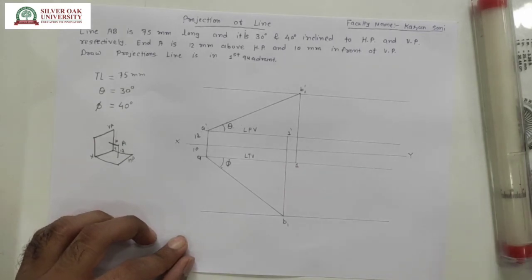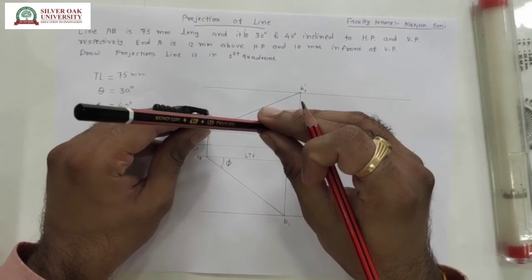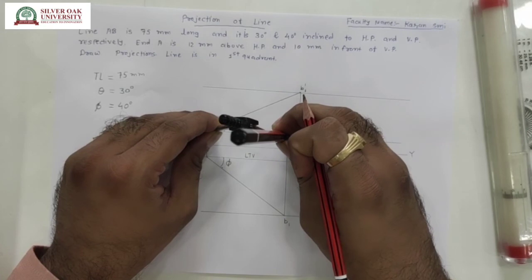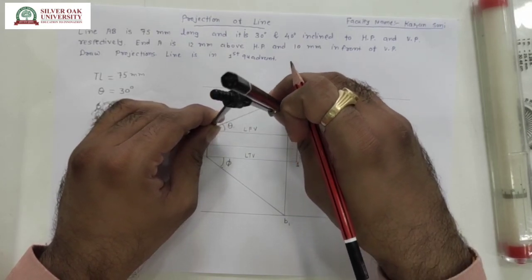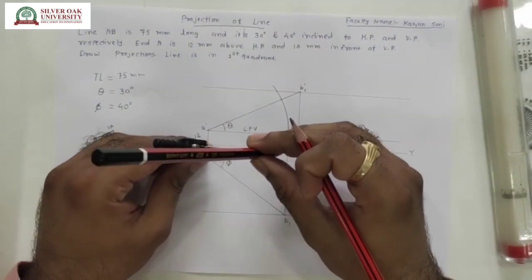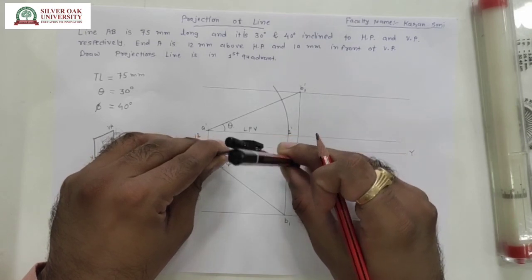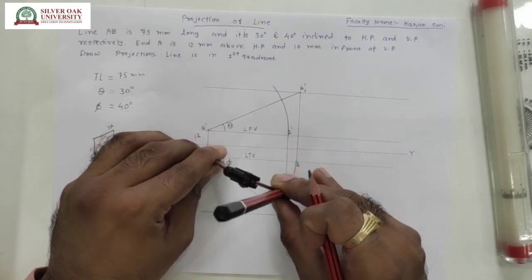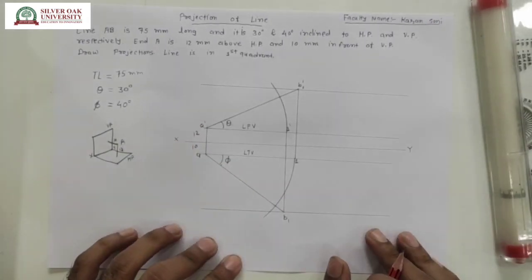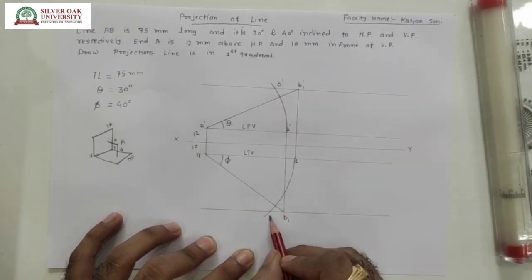Now we are not knowing what is the angle alpha and where is the location of the front view. So from the point A dash, I can take the radius of the A dash 1 dash point, and I can make the arc on the locus. So by just making this arc, I am just getting the point. Same, I can take the point A, and by taking the radius A1, I can get another point on the locus of B1. So here these two intersection points, that is the end point B position in the front view and top view. So this is the point B dash, and this is the point B.